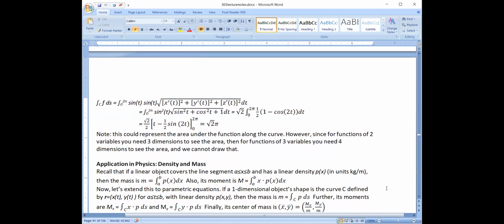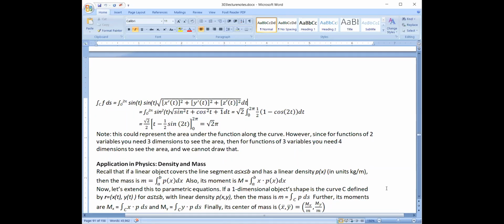So if a one-dimensional object shape is the curve C, defined by your parametric equation r equals x of t, y of t, with t going from a to b, and we know its linear density is the function p, but because it exists in 2 dimensions, p is now a function of x and y. Then its mass is just the integral over the curve of p ds,